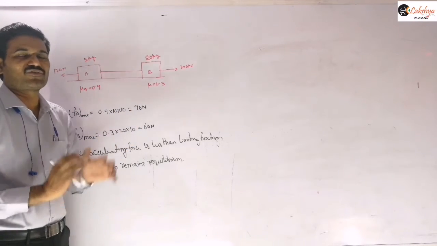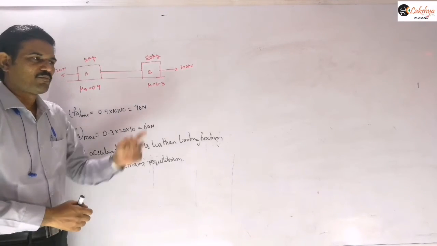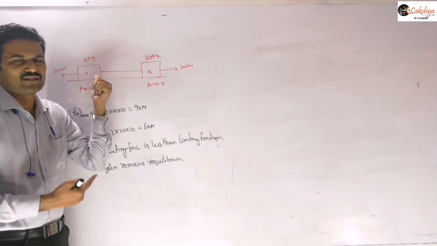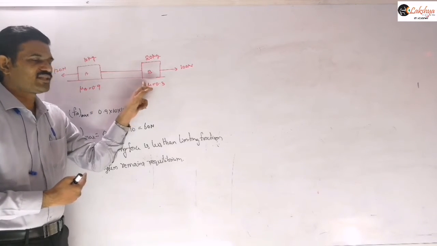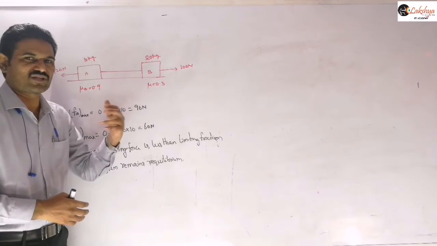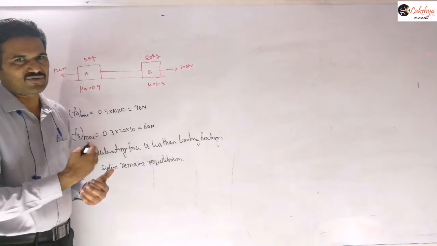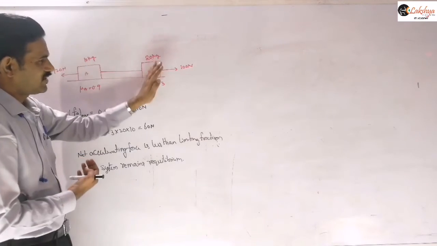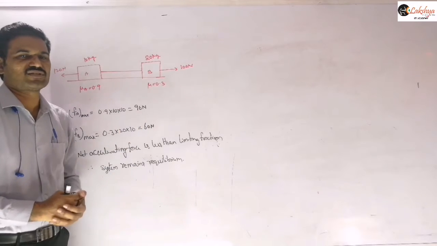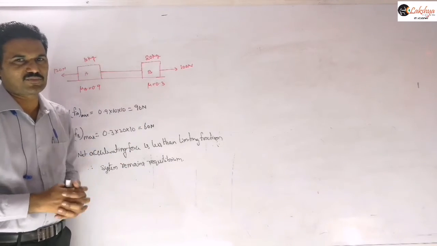If it is less than the limiting friction, then our assumption is correct and our calculations are correct, and you will directly get the answers. But if, by taking that assumption that the frictional force acting on block A is equal to the limiting friction, you get a frictional force on block B that is more than its limiting friction, then our assumption is wrong, because the friction cannot be greater than the limiting friction. Then we need to reverse our assumption. If taking maximum friction on this block is wrong, then you need to take the maximum frictional force acting on block B, right?